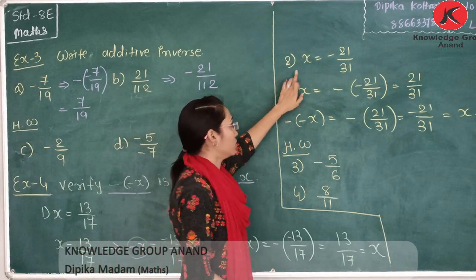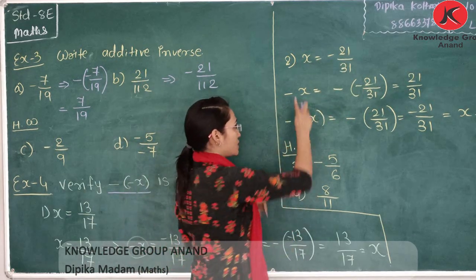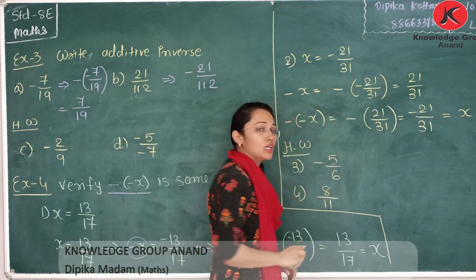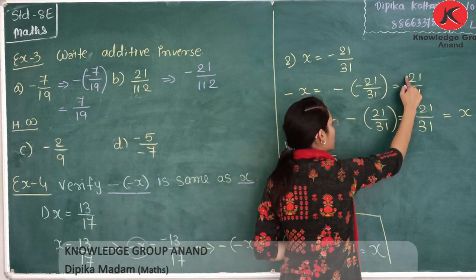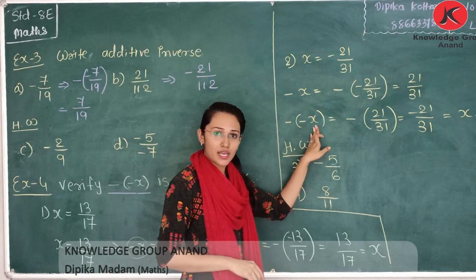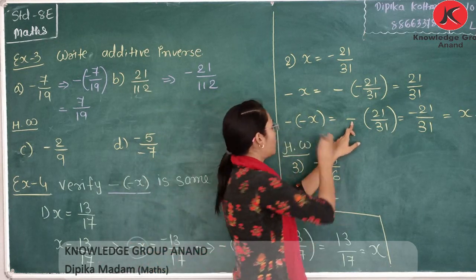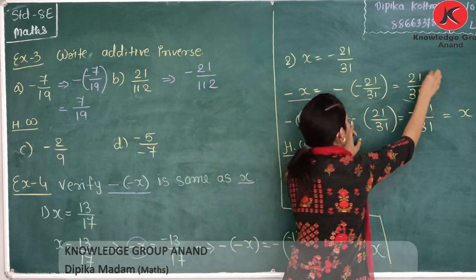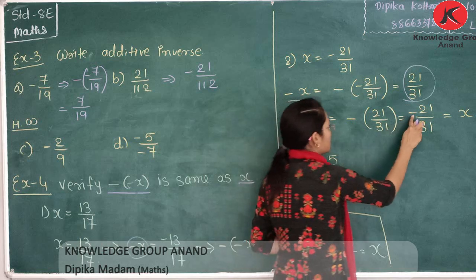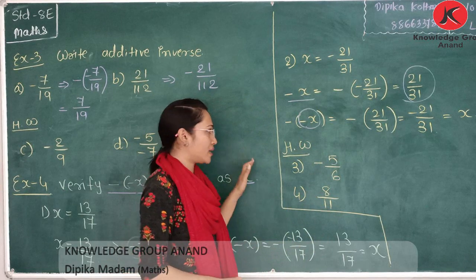Second question is that x is equal to minus 21 by 30. First we find minus x. This is our x. Minus x becomes minus into bracket minus 21 by 30. Again minus minus becomes plus. It is 21 by 30. Now minus into bracket minus x. We need to write one more negative sign before minus x. So it becomes minus. But what is our minus x? What value did we get for minus x? 21 by 30. So minus 21 divided by 30. That is our original x. Again minus minus x is